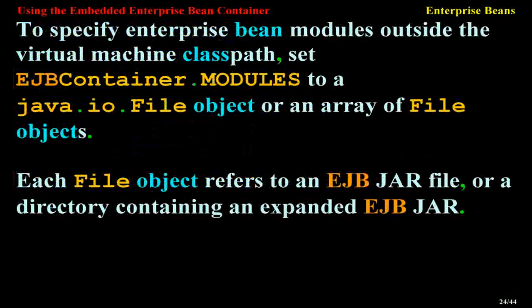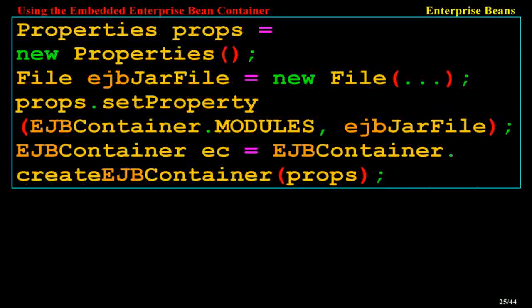To specify EJBContainer modules outside the virtual machine class path, set EJBContainer.MODULES to a java.io.File object or an array of File objects. Each File object refers to an EJB-JAR file, or a directory containing an expanded EJB-JAR. Properties props = new Properties(); File ejbJarFile = new File(...); props.setProperty(EJBContainer.MODULES, ejbJarFile); EJBContainer ec = EJBContainer.createEJBContainer(props);